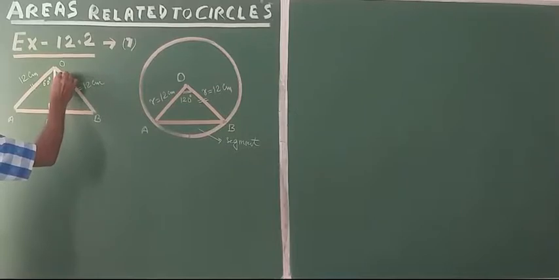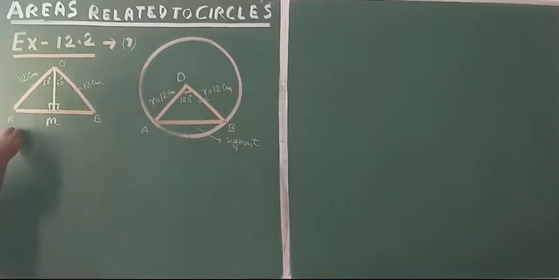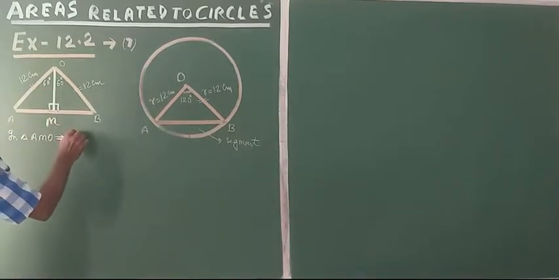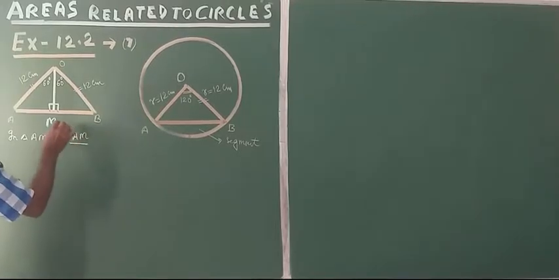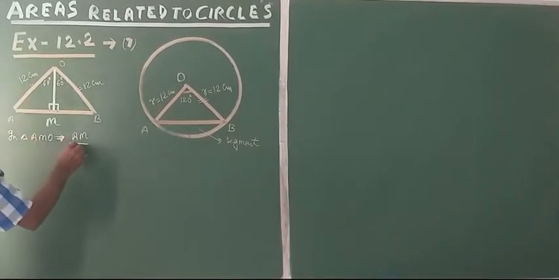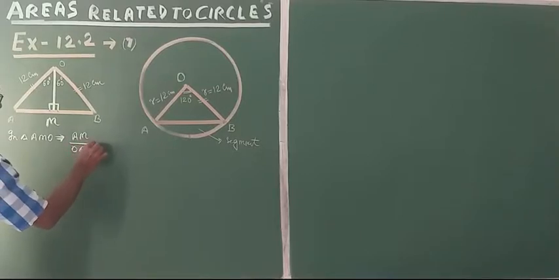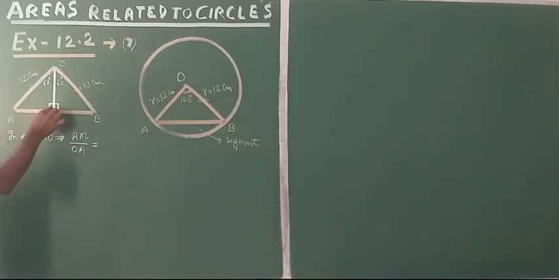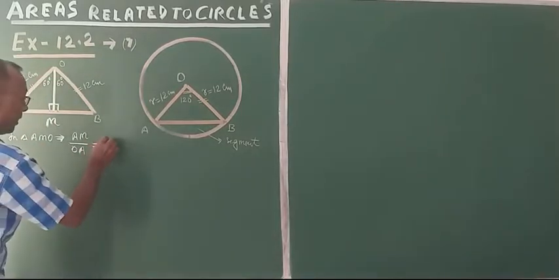This will become 60 degree. Now in triangle AMO, just look here, AM upon OA, and that is perpendicular upon hypotenuse,